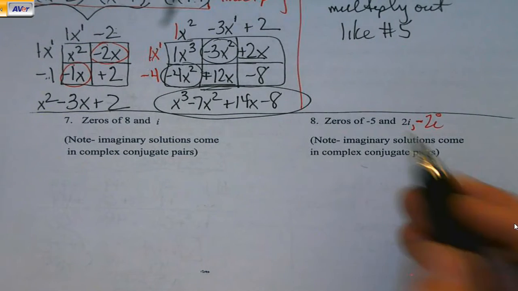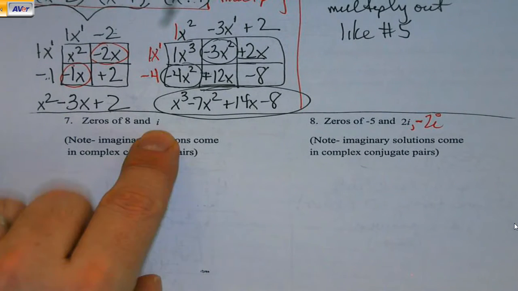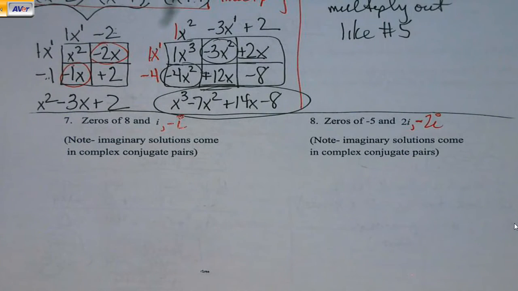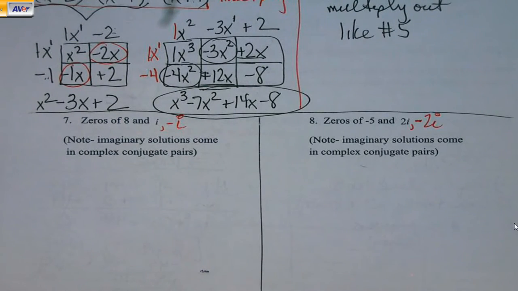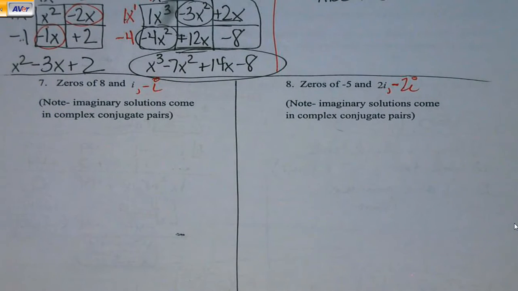So whenever we see i as a zero, you take the opposite. So like on number 7, it says i as a zero. We're assuming negative i is also a zero. It just comes along for the party. So with that in mind, we're going to take a peek at number 8. Now that we know that there's 1, 2, 3 answers, even though we only looked like 2,